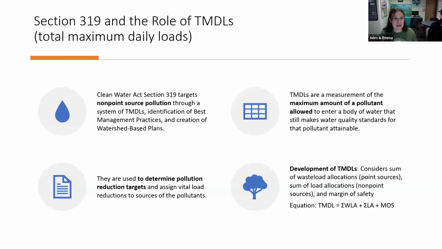And then that helps to determine targets for where we want to get under. So this is where the data comes in that you guys provide. It's really helpful to be able to see where we're at and then determine what needs to be done. Also, the development of TMDLs considers point source and non-point source pollution, so it comes all together. Okay, next slide.